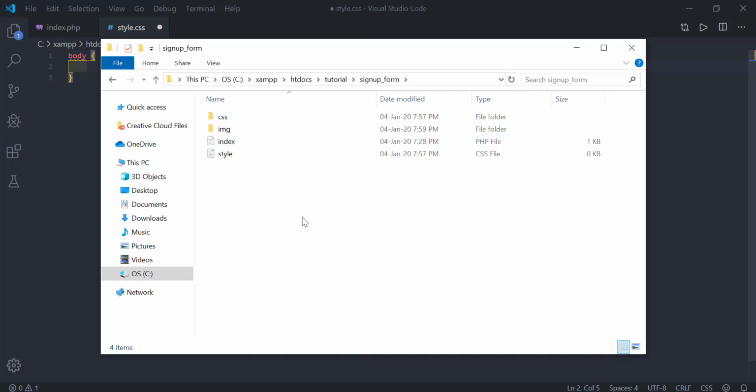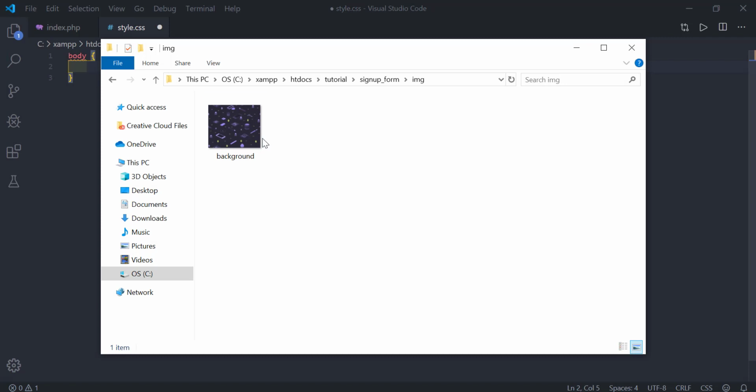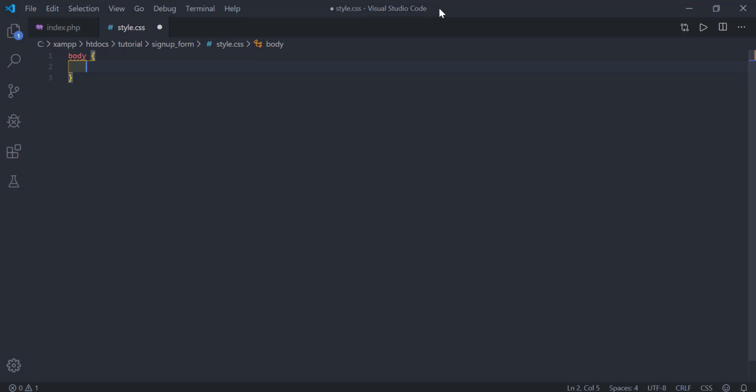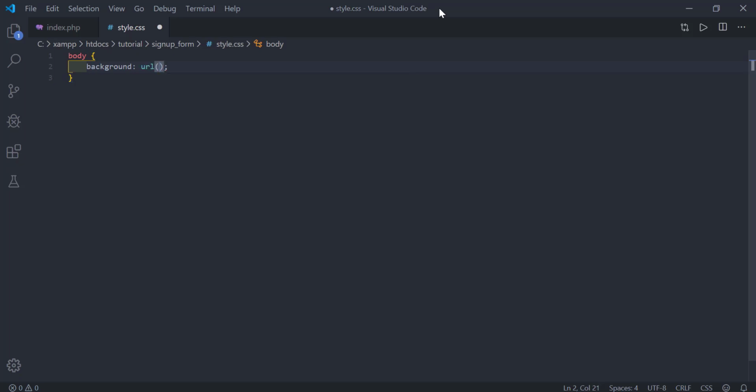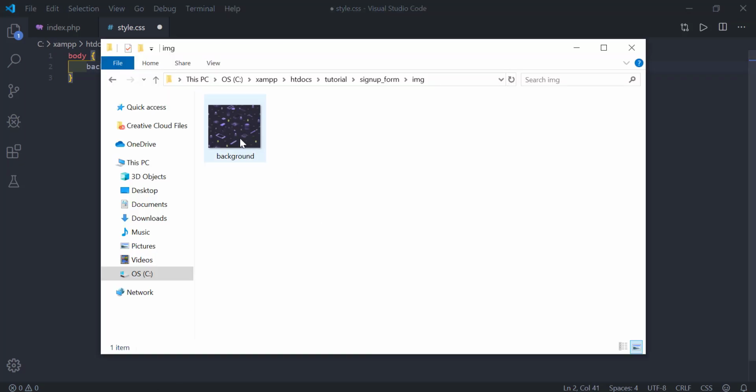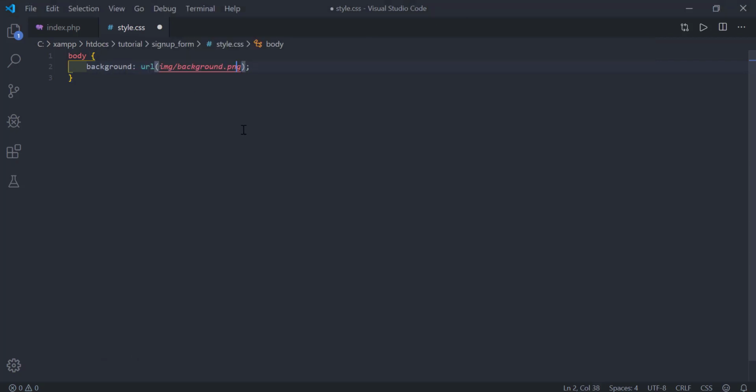All you need to do is create a new folder and name it img as image, and leave the background here and give it a name background. Okay, now we use background and URL, and we give the folder name img background.png, and make sure the file type is png. Oh, sorry, it's JPG. Okay,